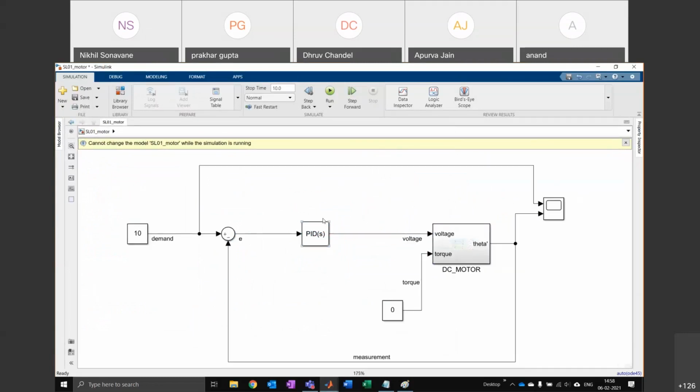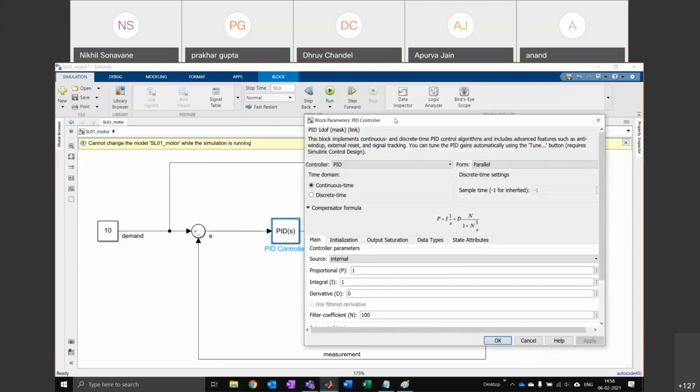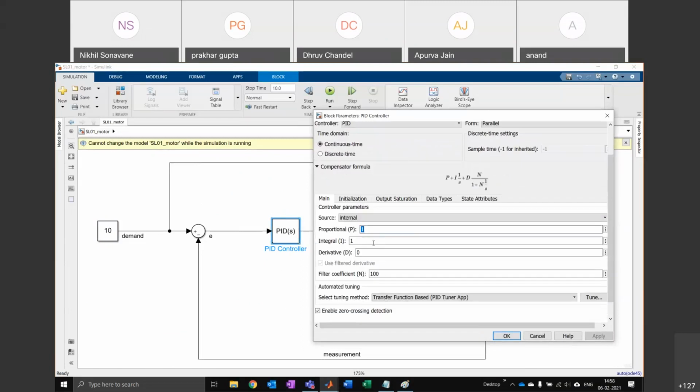Now inside this PID controller, this is a single block that does everything, all of that. And plus it can do a couple of more things as well. So if you open the PID block, you can see we can put in 3 numbers here. So you can put in the proportional, the integral, the derivative gain directly. You can also put in a filtering coefficient if you want to get rid of some noise. Now either we can put in the numbers we had figured out, which was like 80, 100, 50 or something.